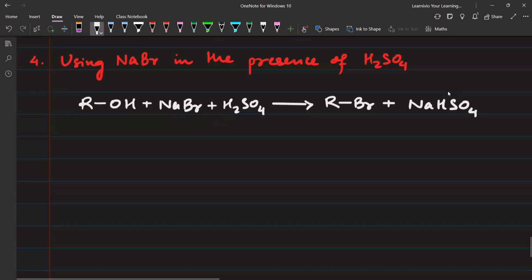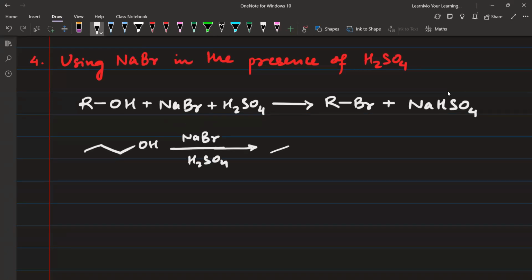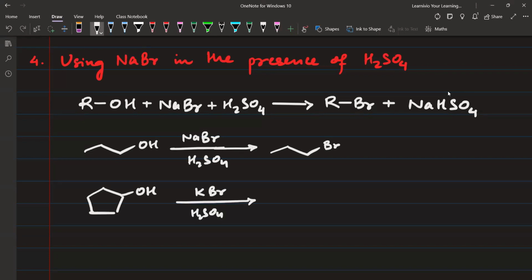So similarly, if you have, for example, 1, 2, 3 carbon atoms and OH, and you react this with NaBr in the presence of H2SO4, you will get 1, 2, 3 carbon atoms and Br. Similarly, if you have something like this, OH, and if you use KBr also, for example, in the presence of H2SO4, then also you're going to get